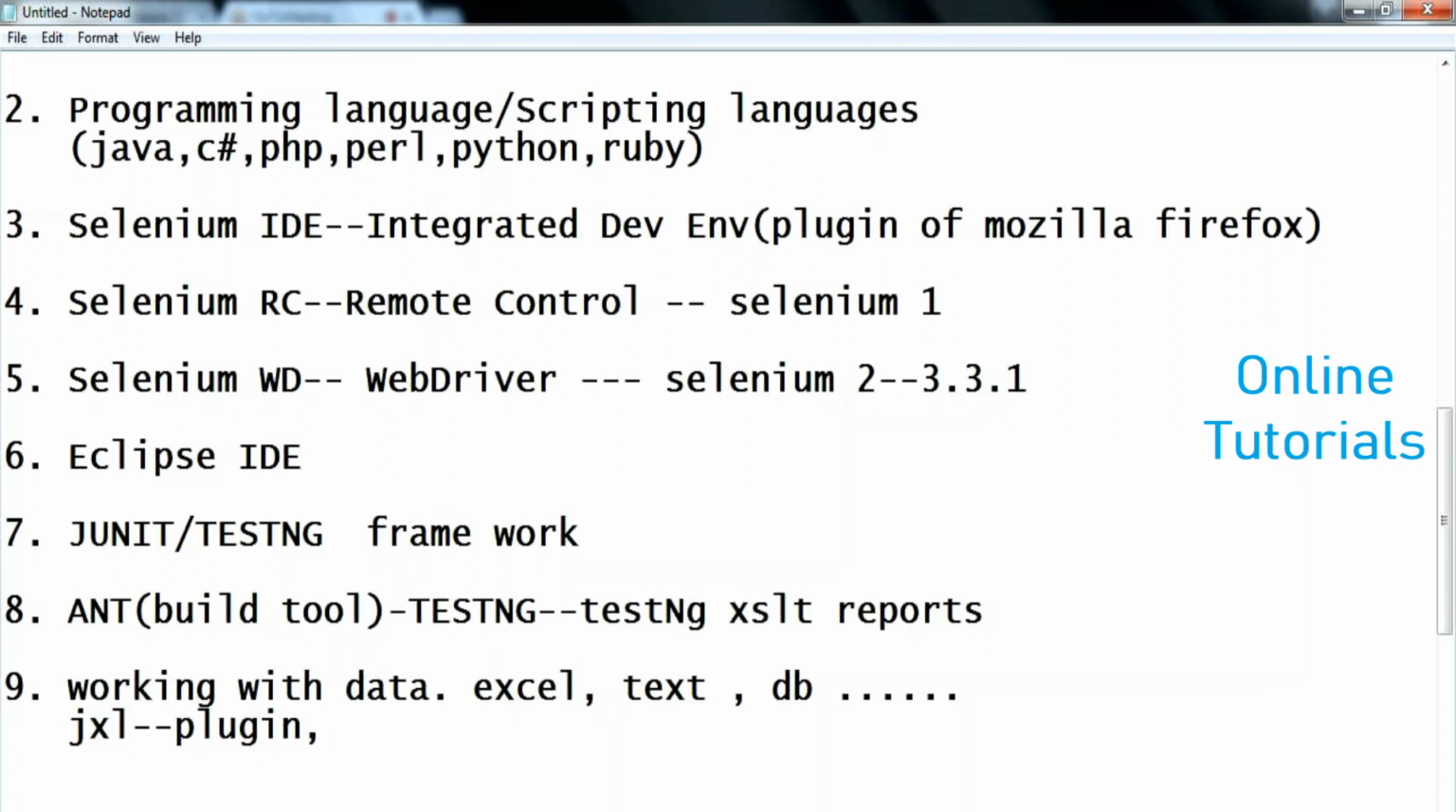XLSX, extended XLS, means they are based on XML. So this JXL will not support XML-based Excel spreadsheets. So what are we going to use? There is another plugin called Apache POI. What this Apache POI is doing is acting as an interface between Java